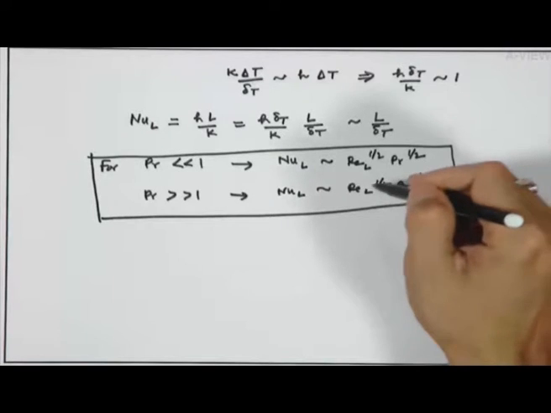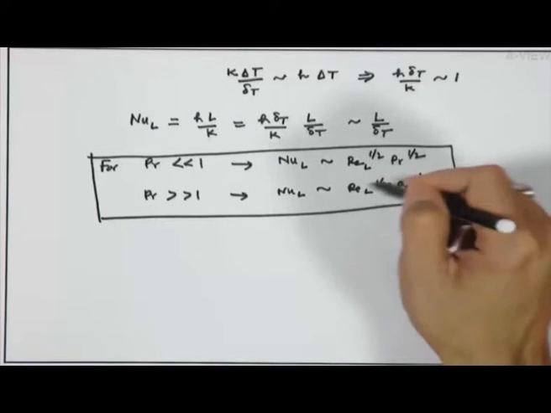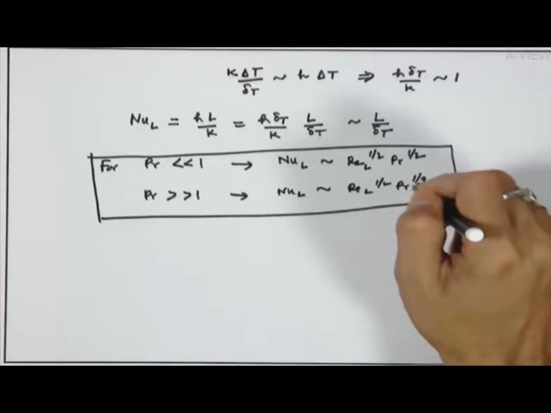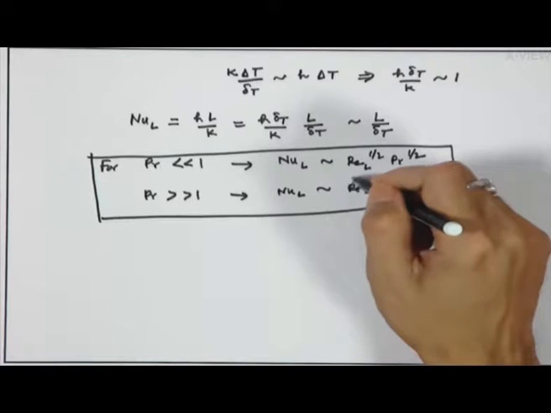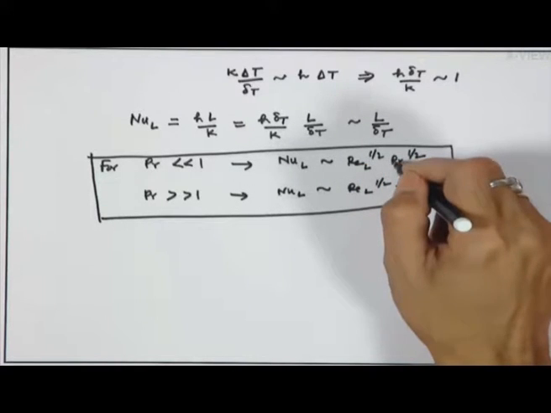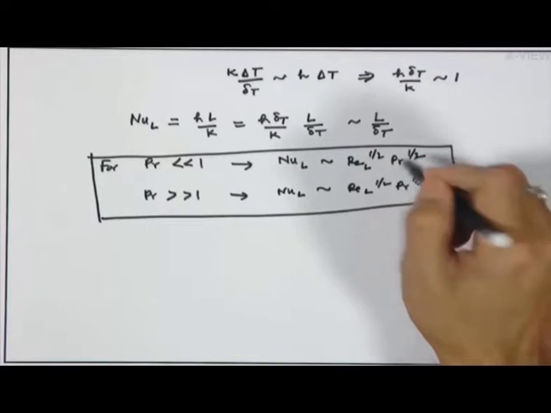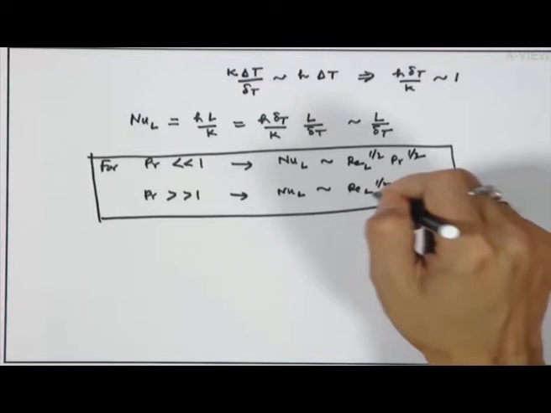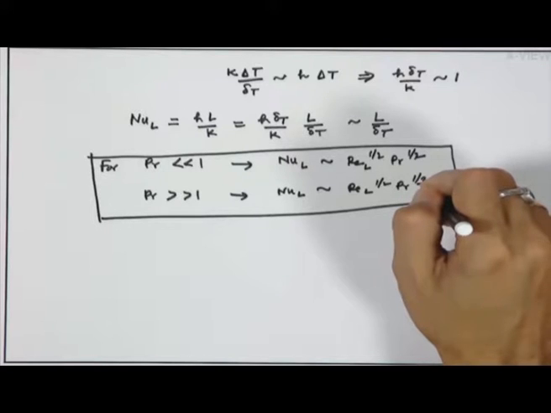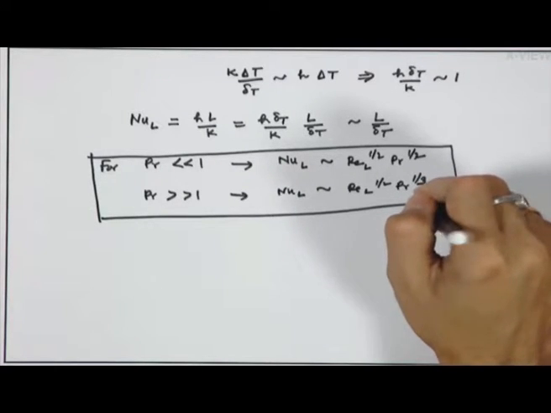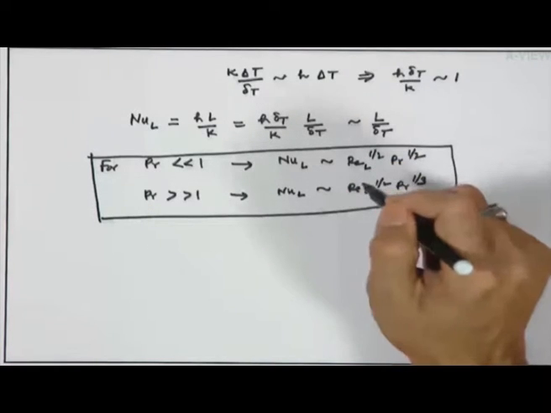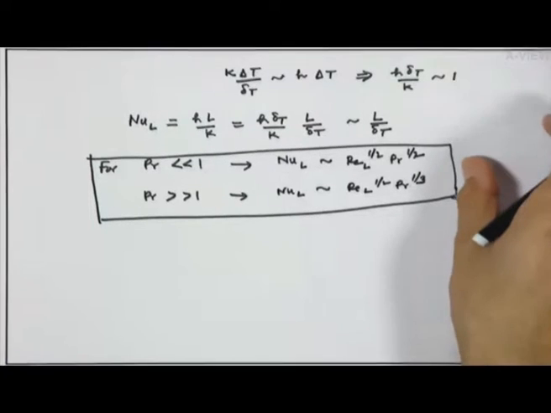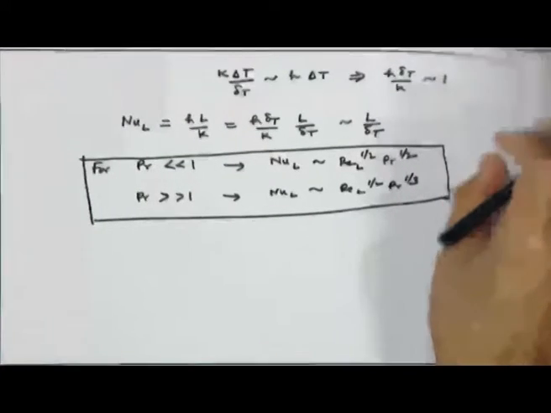See, this did not require a whole lot of algebra to come to these conclusions. So, if you really calculate these, you will find that the Nusselt number will be some constant C into Reynolds number to the power half into Prandtl number to the power half for this case, and another constant C1 into Reynolds number to the power half into Prandtl number to the power 1/3 for this case. Question is, what are the values of those constants? Those you cannot get from this kind of expression. So, to do that, let us go through some type of analysis which is known as energy integral method.